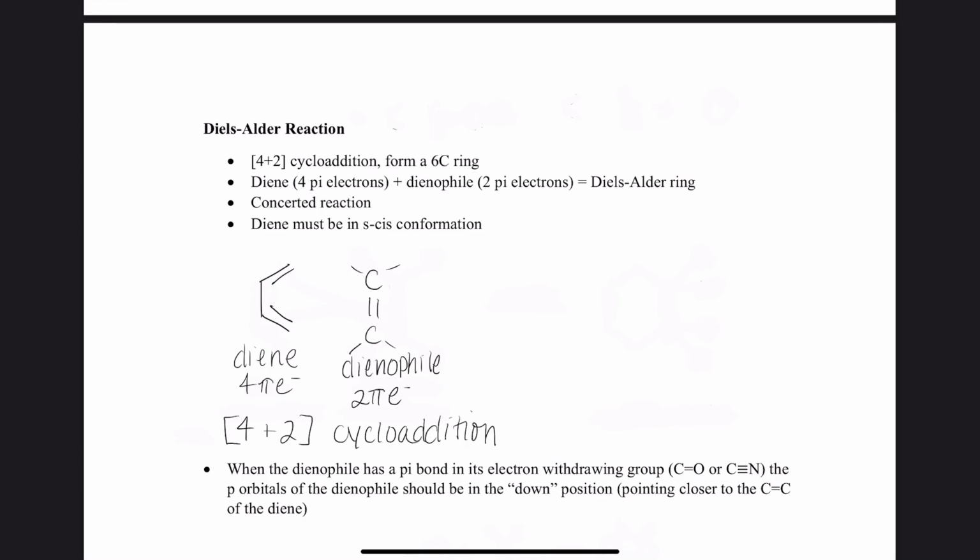This is a concerted reaction. And what's going to happen is you're going to need 3 arrows. Your first arrow is going to be from your dienophile to your diene, then your diene to your dienophile, and then also we're going to move this carbon to stand up. And what's going to happen